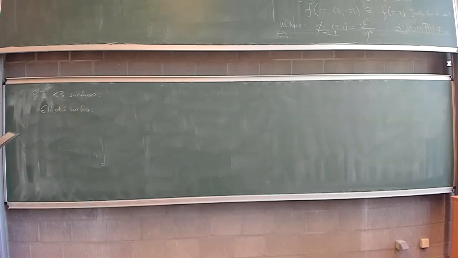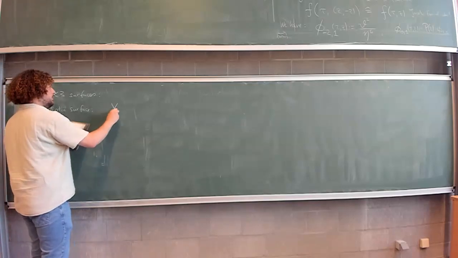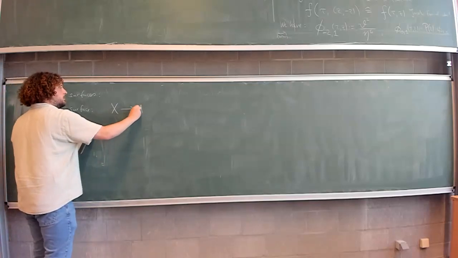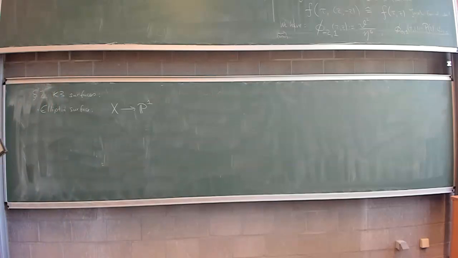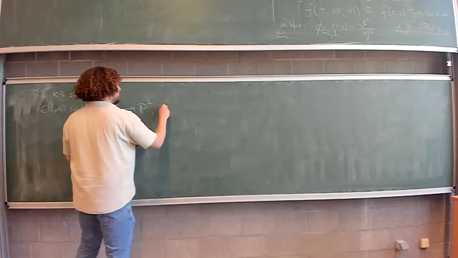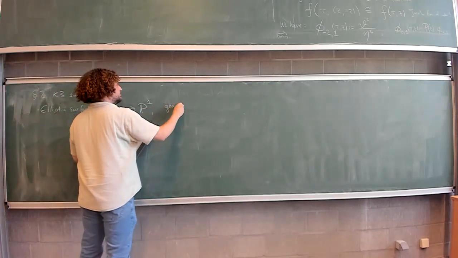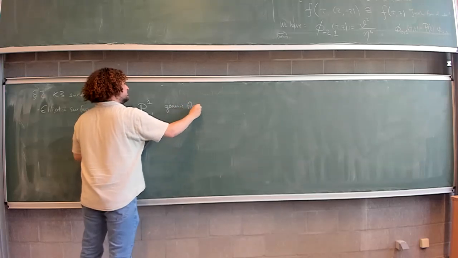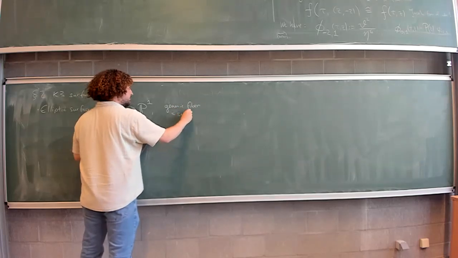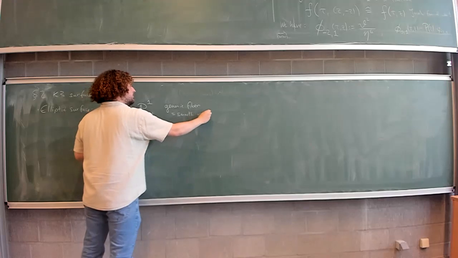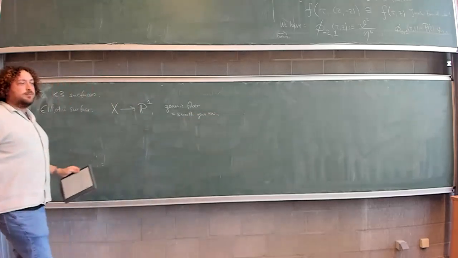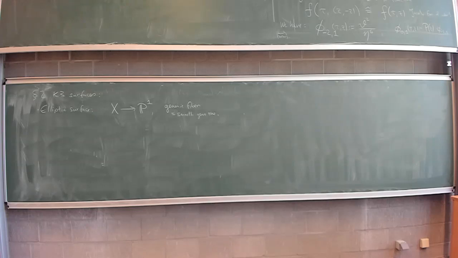That is going to be a smooth, complex projective surface X together with a proper map onto P1, for which the general fiber is a smooth curve of genus 1. And by Jacobian